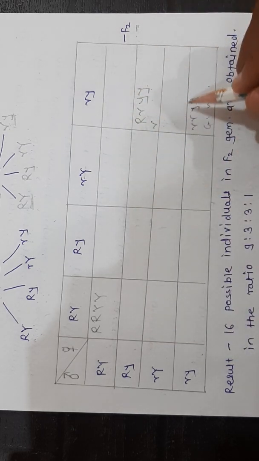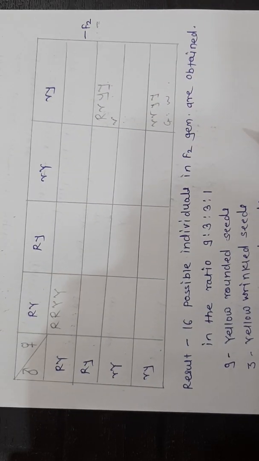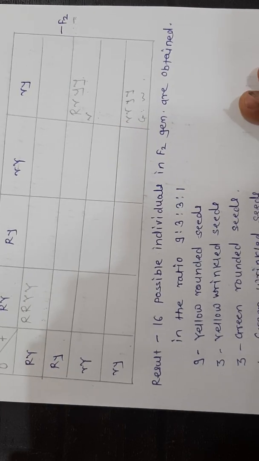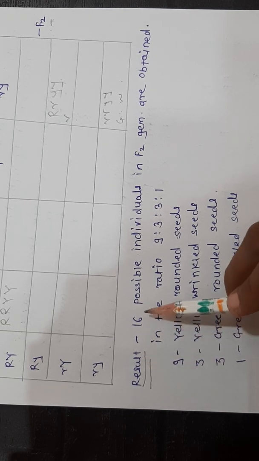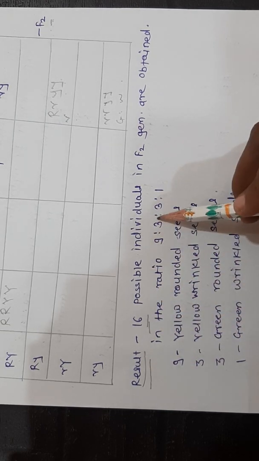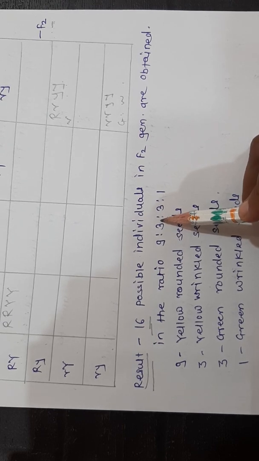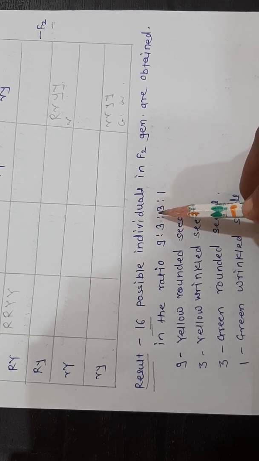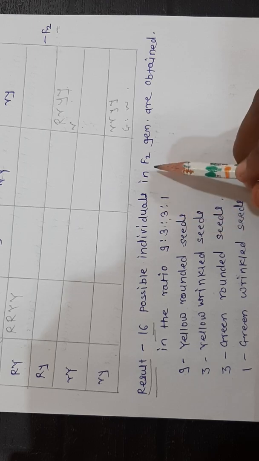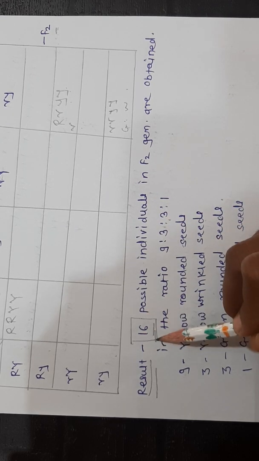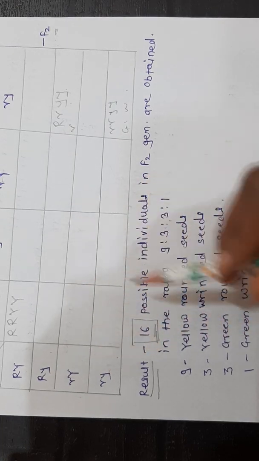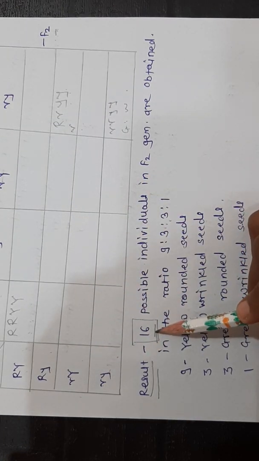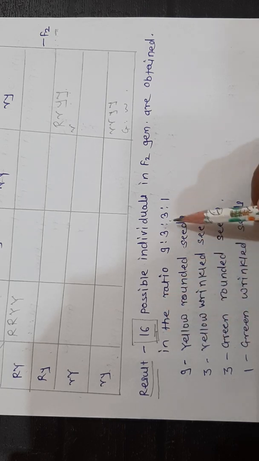You may fill these. You may take another example for the dihybrid ratio. Then what is the result of the dihybrid ratio? The result is that 16 possible individuals are obtained in the F2 generation. How many individuals are obtained in the F2 generation? 16. 4 gametes crossed with these 4 gametes. 16 possible individuals will be obtained in the ratio